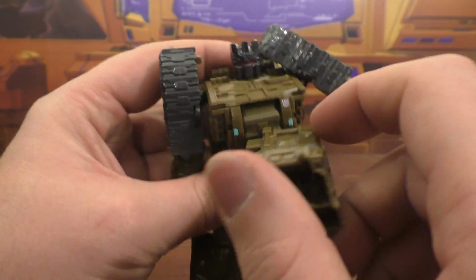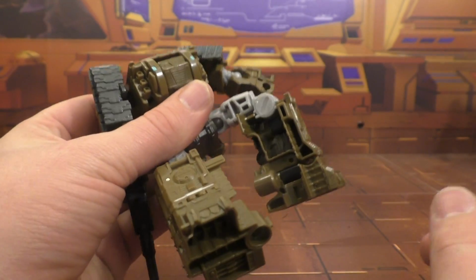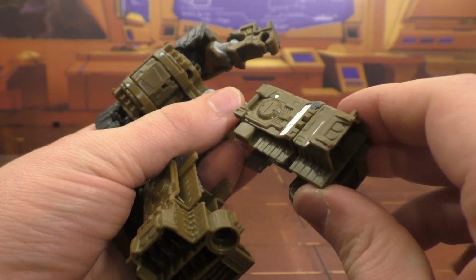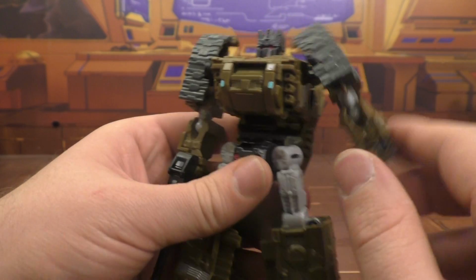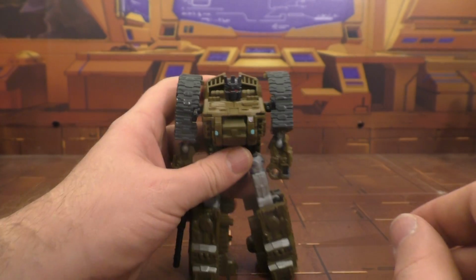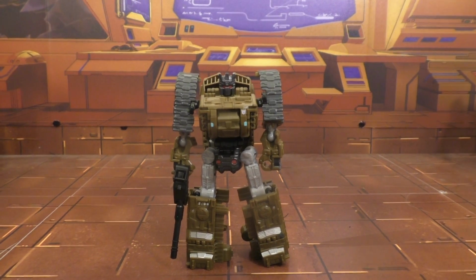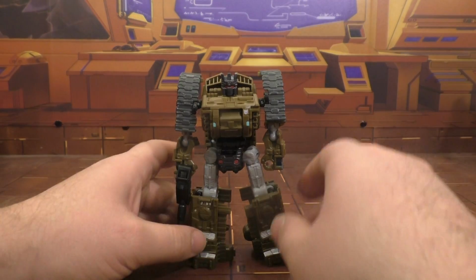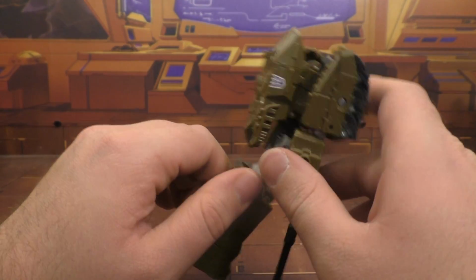Legs, ball joints, up, down, thigh swivel, bends at the knee, pretty decent bend there, and then the foot does have a little bit of a rocker there. So, Brawl, how mighty have fallen. I remember G1 Brawl being a little bit greener too, not so olive. That I could be completely wrong on. But anyway,